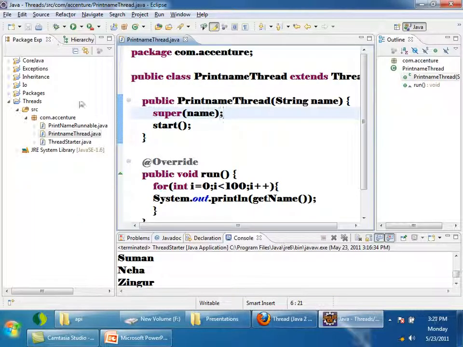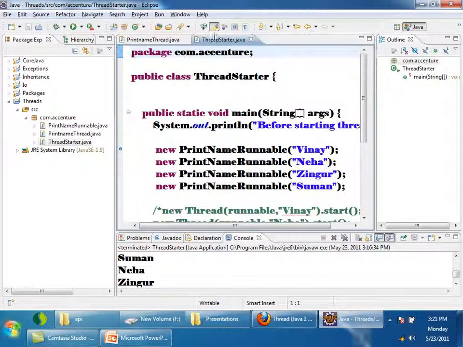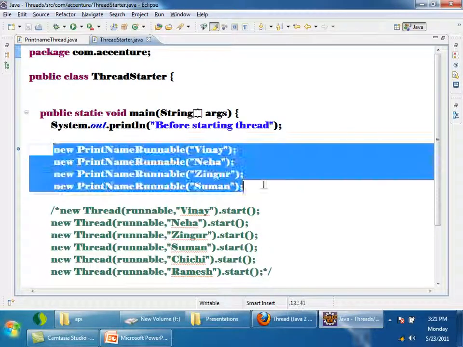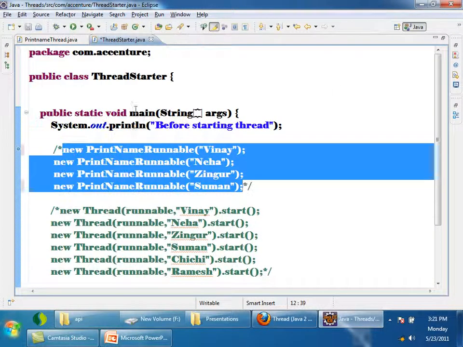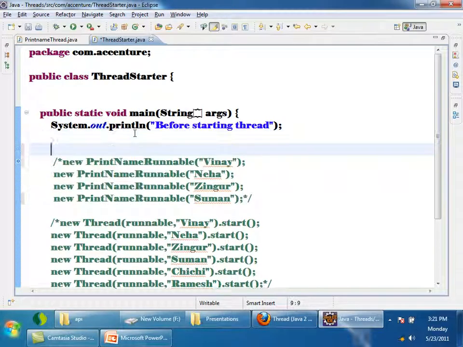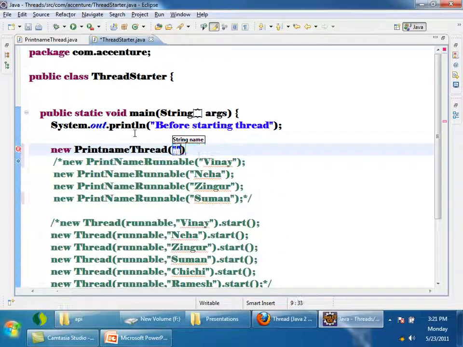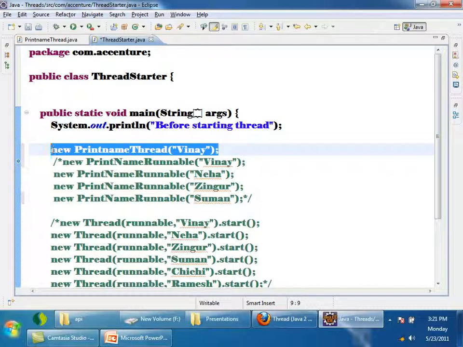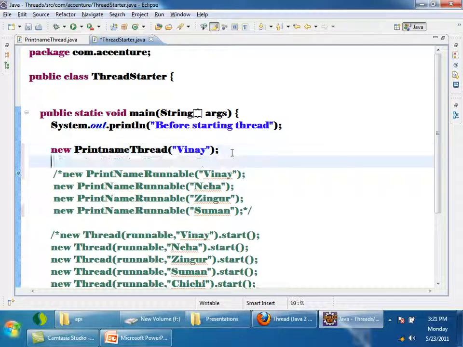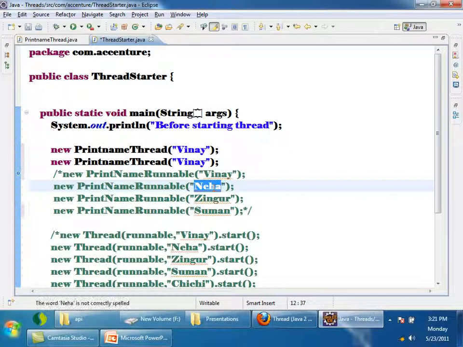So in my demo class ThreadStarter, if I have to start a thread by using that class, what can I do now? new PrintNameThread and I'll pass the name. So this will start two threads.